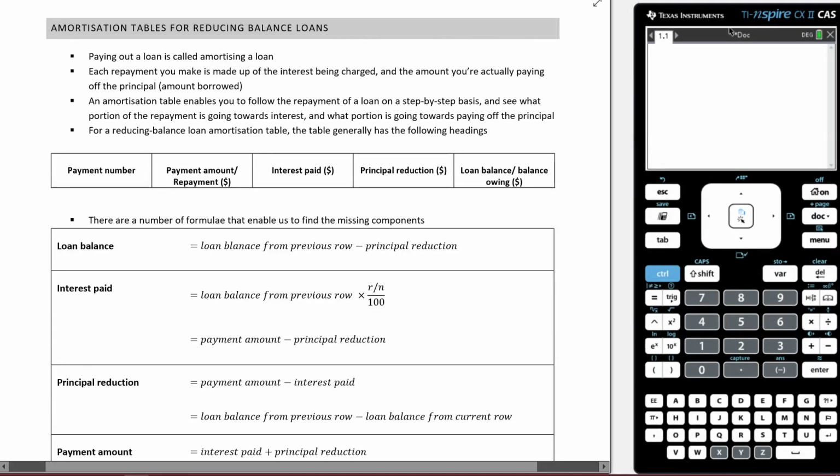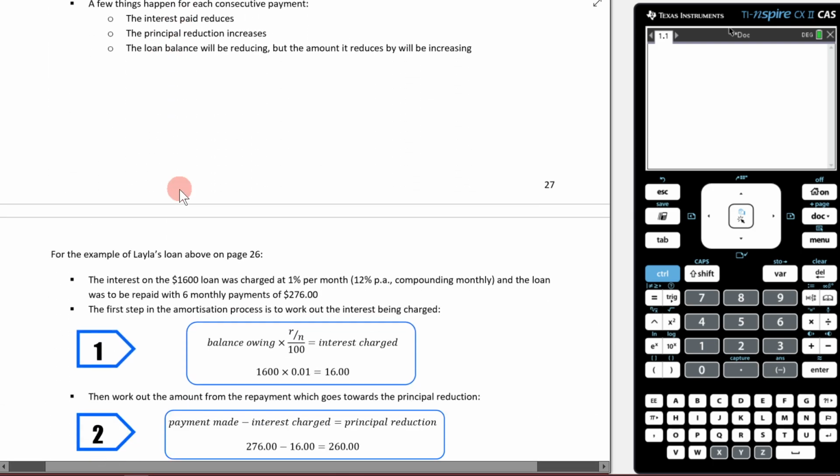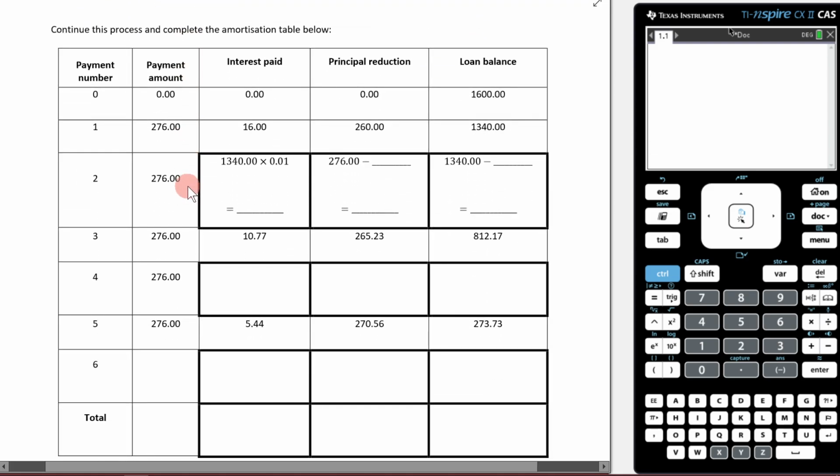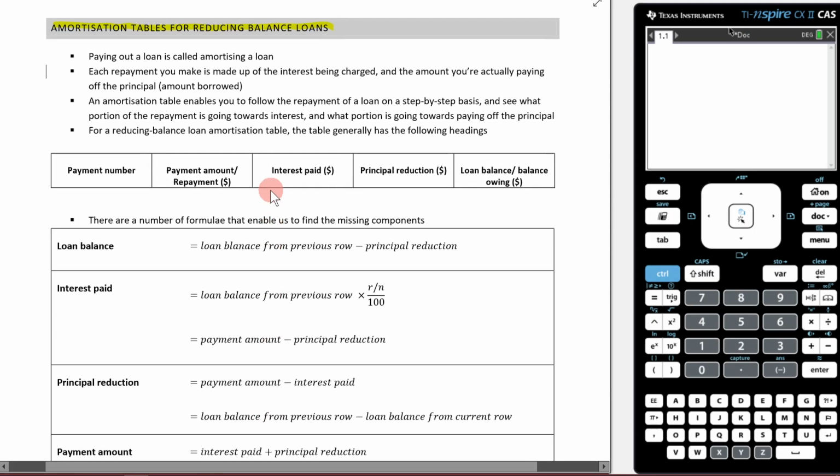All right, we are now going to talk about amortization tables for reducing balance loans. Just to give you a bit of a sneak peek, what it's going to look like is this. This, for us, is what an amortization table looks like. Now, before we dive into it, let's just get a bit of a backstory by reading through this, but that's